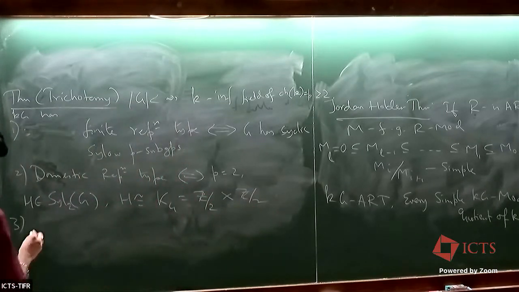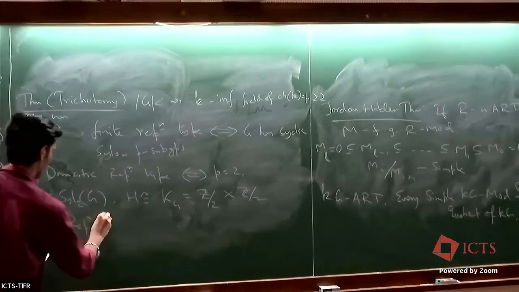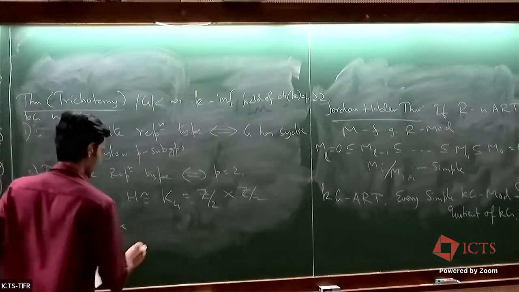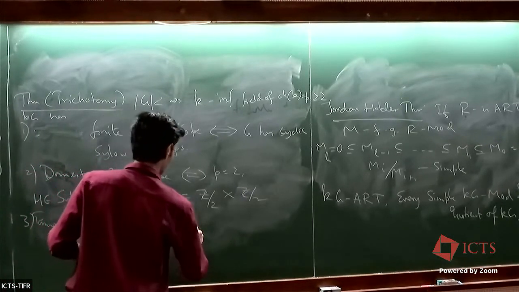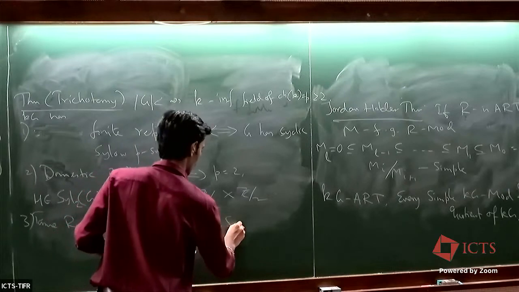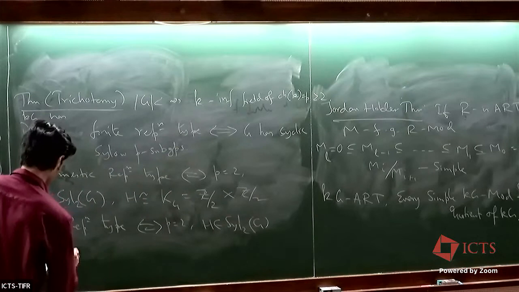Number 3, it has tame representation type if and only if, again p equals 2, and for any Sylow 2-subgroup H of G,